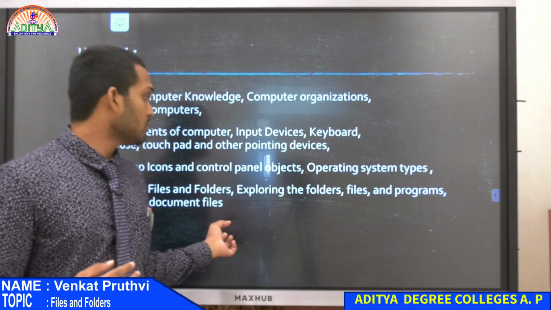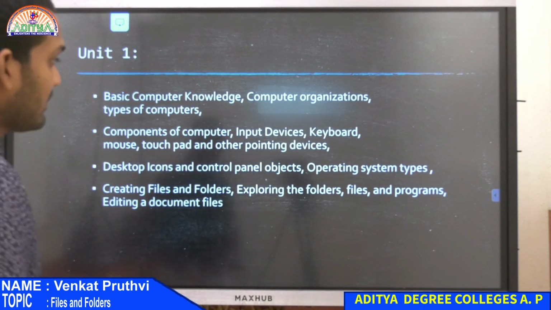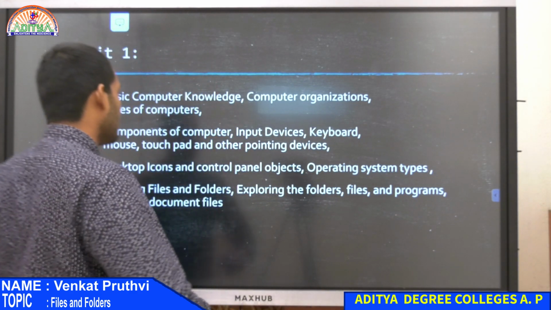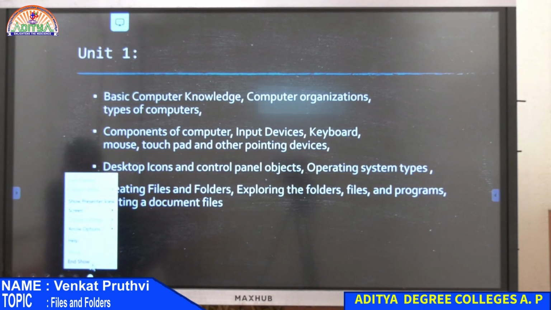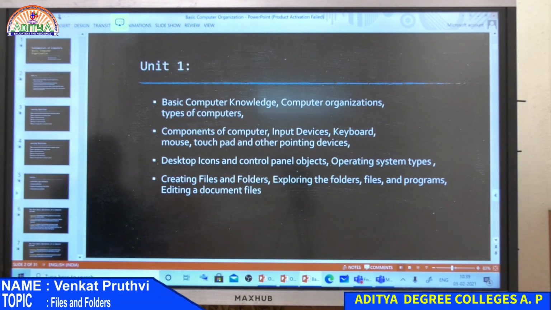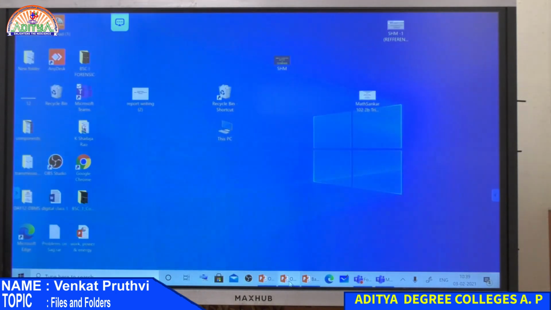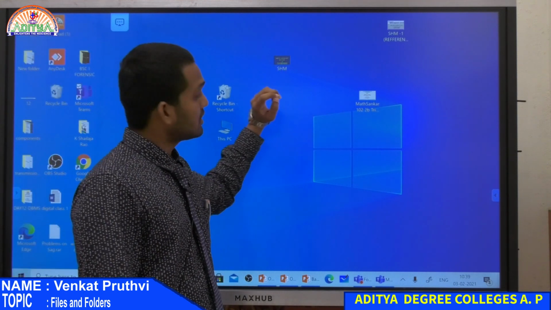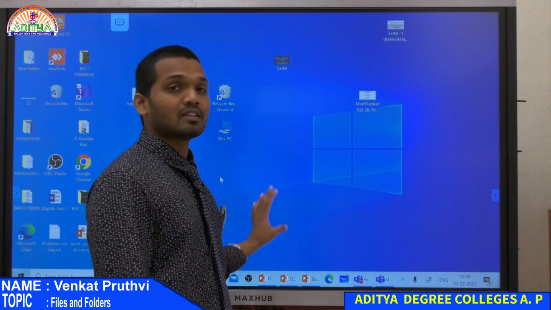Okay, so I'll show you now how to explore files and folders. Where were we? We were talking about exploring files and folders, right? I'll show you first of all what a file looks like, and then we'll see about exploring the folders and files. Over here, if you see on the desktop, you have so many icons available. Each of them is called an icon, because we were talking about desktop icons. The icons present on the desktop, you call them desktop icons. Other than that, nothing else.